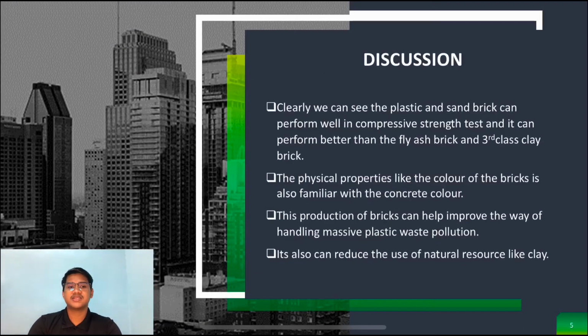Alright, for the discussion, we can see that clearly the plastic and sand brick can perform well in the compressive strength test, and it can perform better than fly ash brick and the third class clay bricks. The physical properties like the color of the brick are also similar to the concrete color, which is a mud color. And then this production of bricks can help improve the way of handling massive plastic waste pollution, which